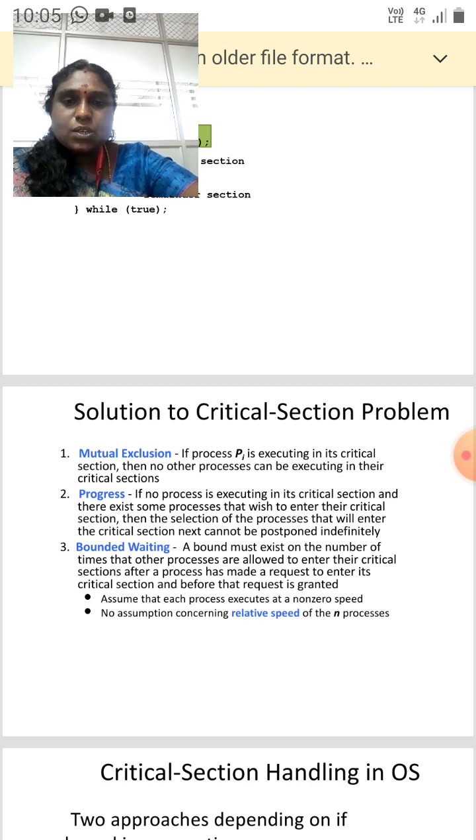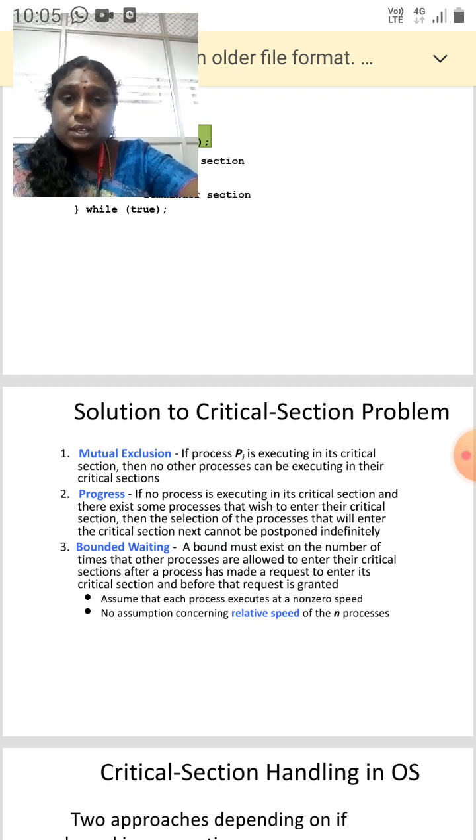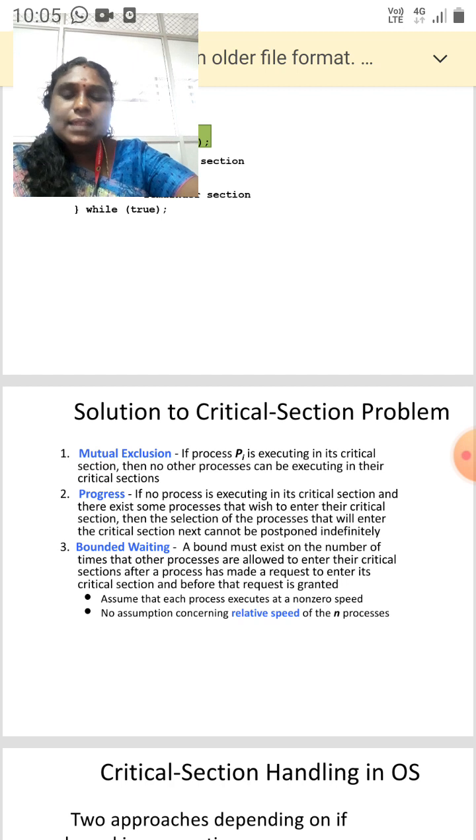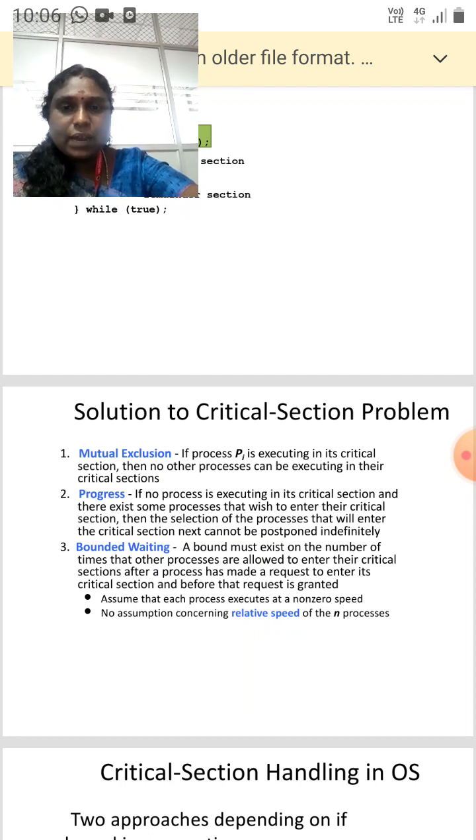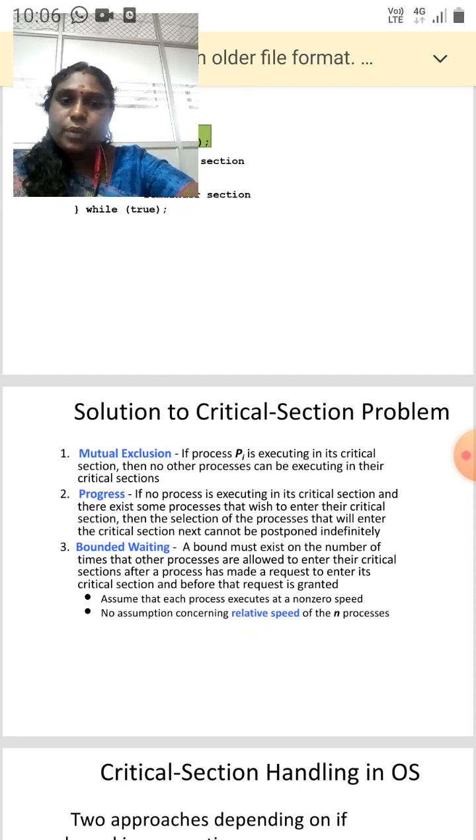Mutual exclusion: if process Pi is executing in its critical section, then no other processes can be executing in their critical sections. Progress: if no process is executing in its critical section and there exist some processes that wish to enter their critical sections, then the selection of the process that will enter the critical section next cannot be postponed